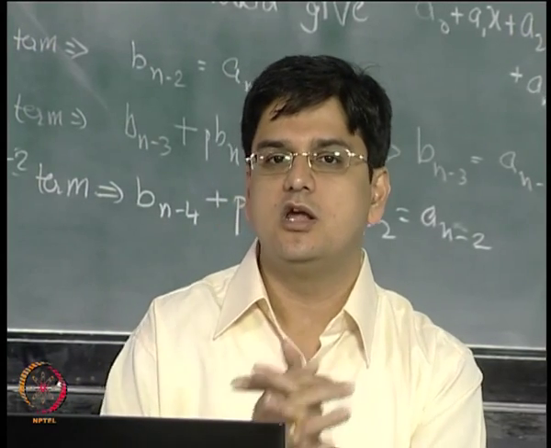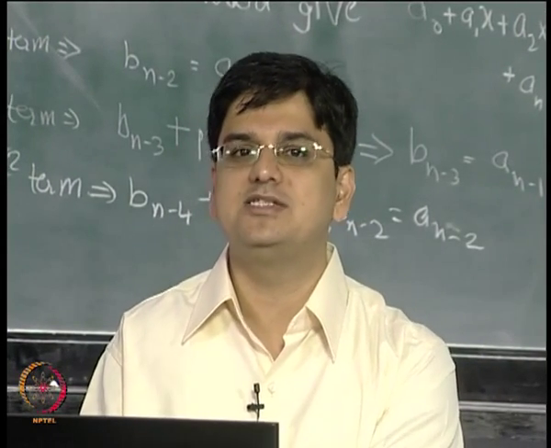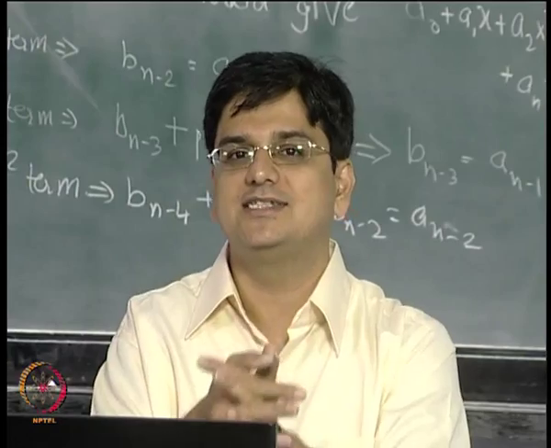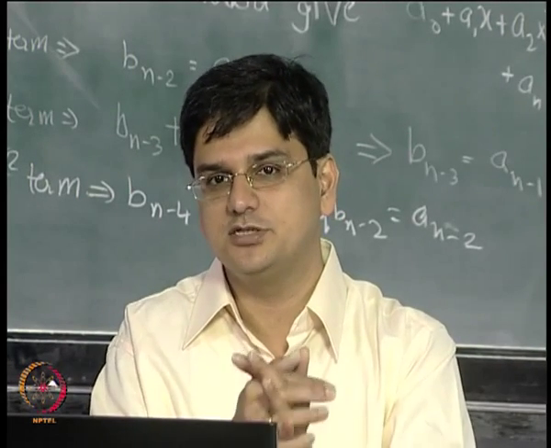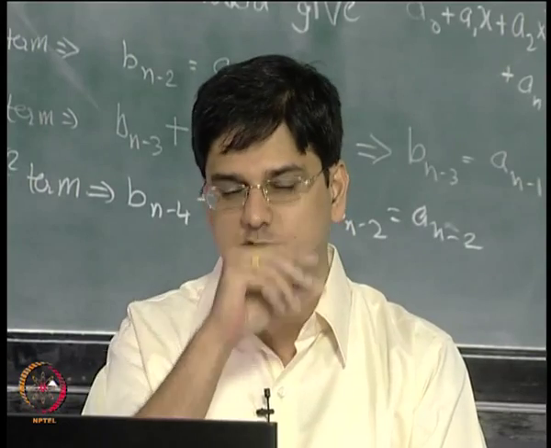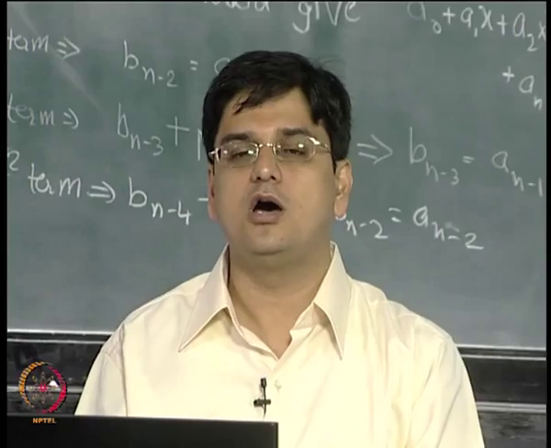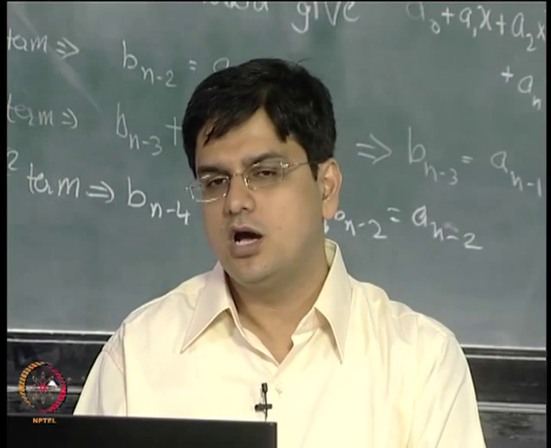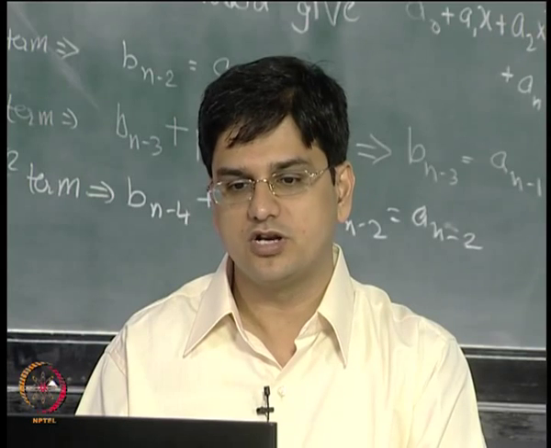roots. So that means the root xi sends us to xi plus 1, and then xi plus 1 sends us back to xi. So xi plus 2 equal to xi, xi equal to xi minus 2, xi minus 2 equal to xi minus 4, so on and so forth. So we will not get convergence, we will keep circling around the actual x bar. That is also a fairly common problem in Newton-Raphson's method.